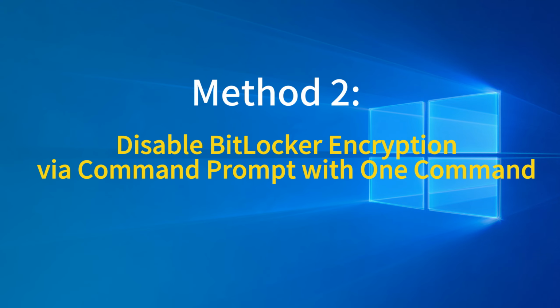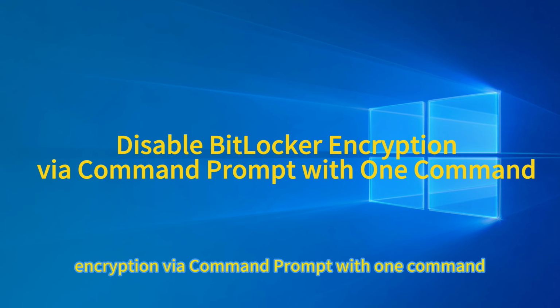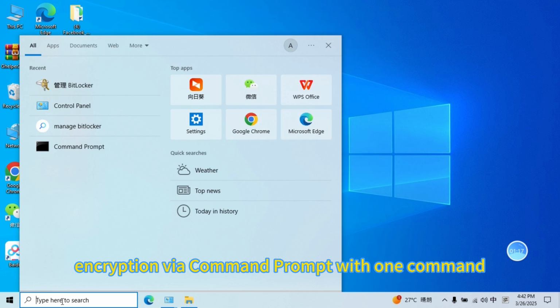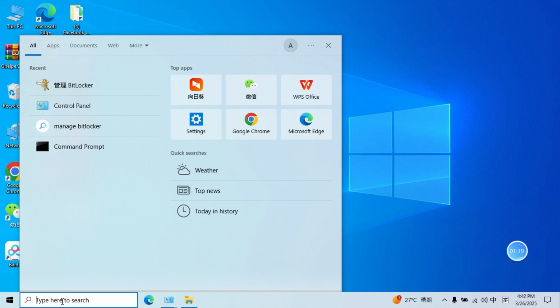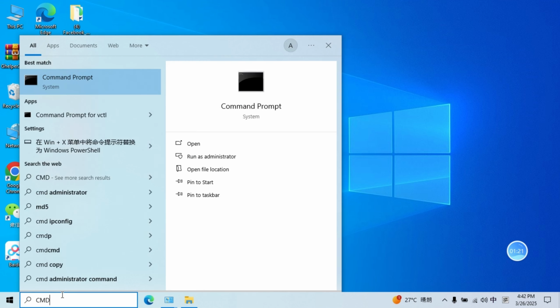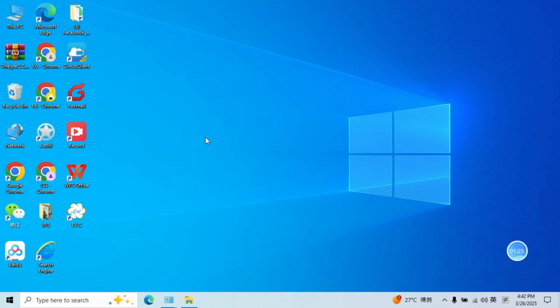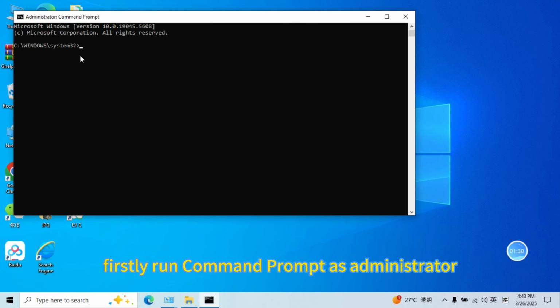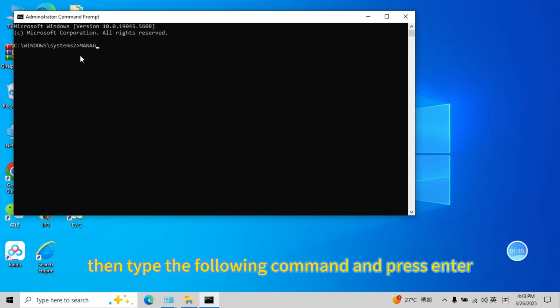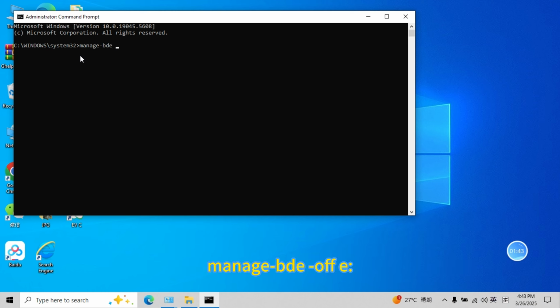Method 2. Disable BitLocker encryption via Command Prompt with one command. You can also run one command to directly disable BitLocker. Firstly, run Command Prompt as administrator. Then type the following command and press Enter: manage-bde -off E: